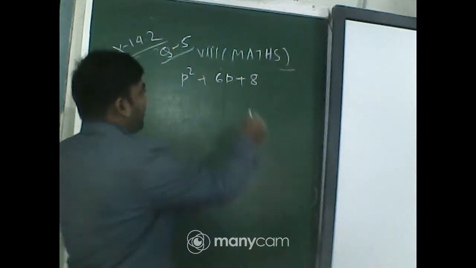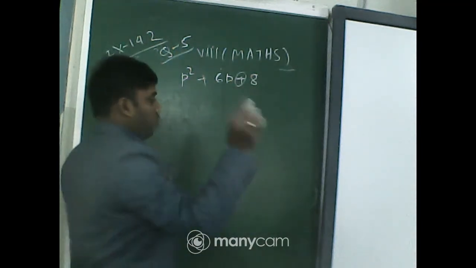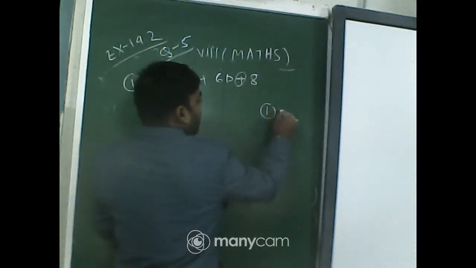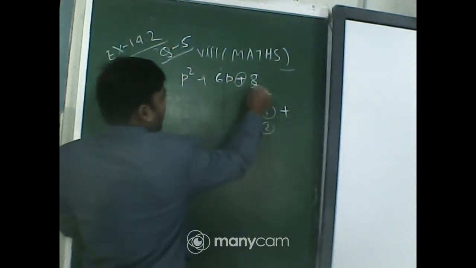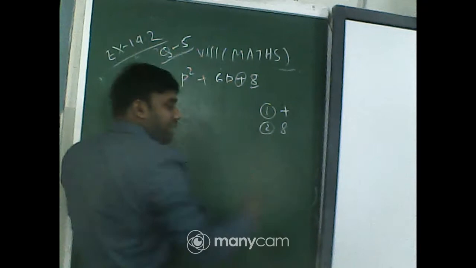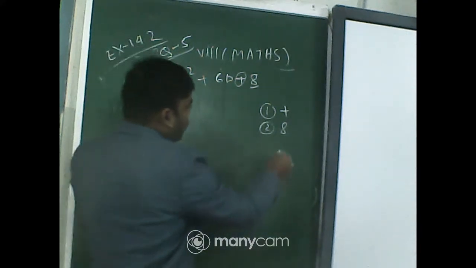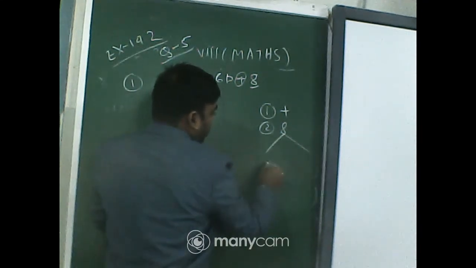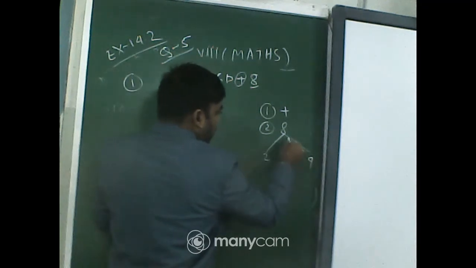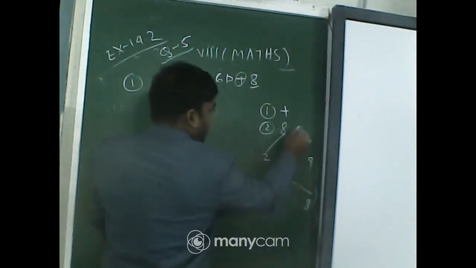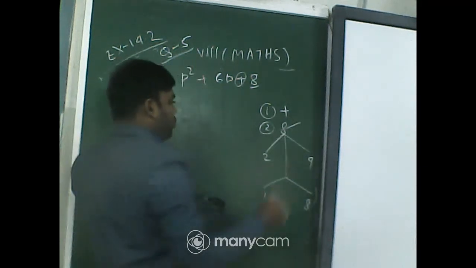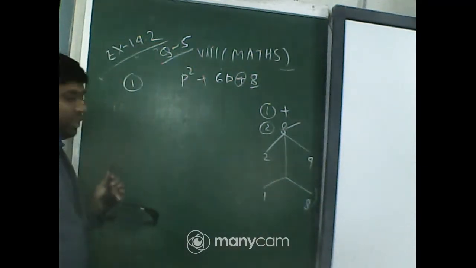First step: what sign is given here? That is plus, so I am writing the plus sign here. Next, what is given here? 8. Factorize it. You can say, sir, it should be factored as 2 and 4. Another way, it can be written as 1 into 8. Only these two: 2 into 4 and 1 into 8.